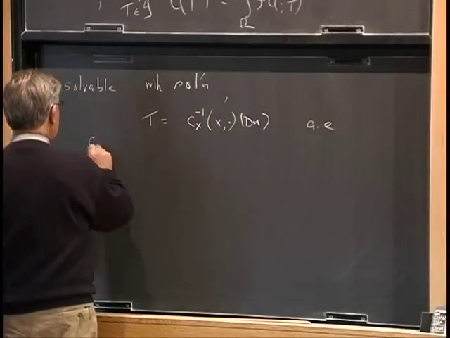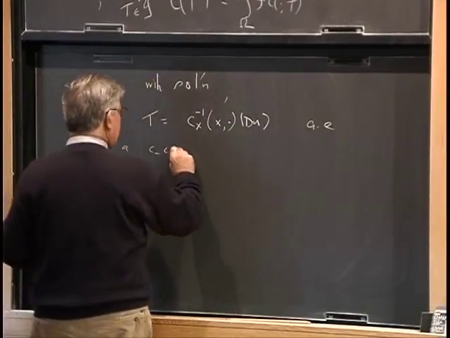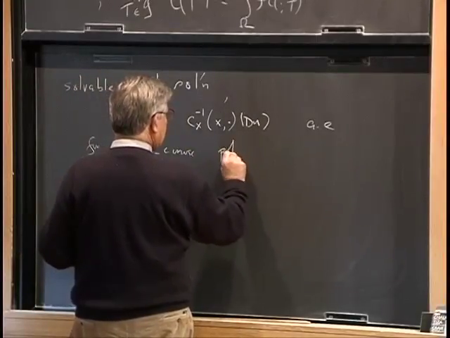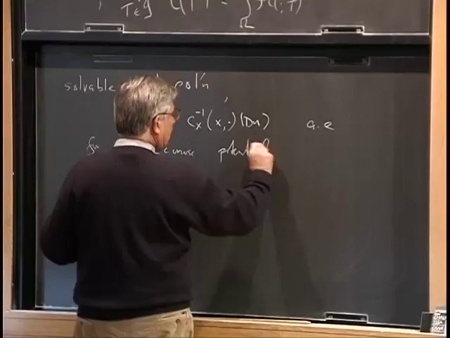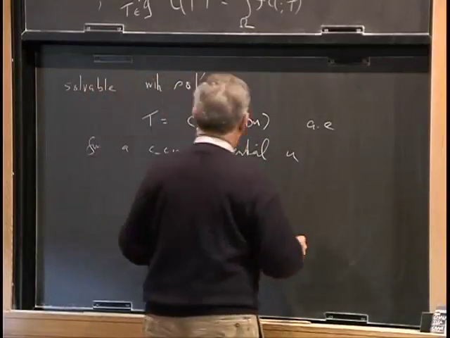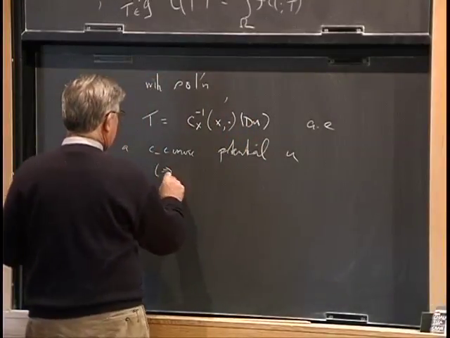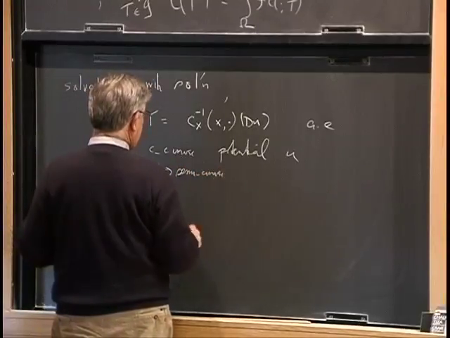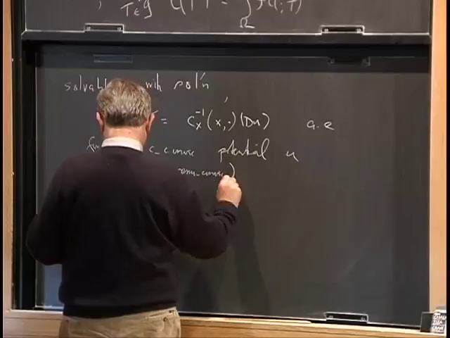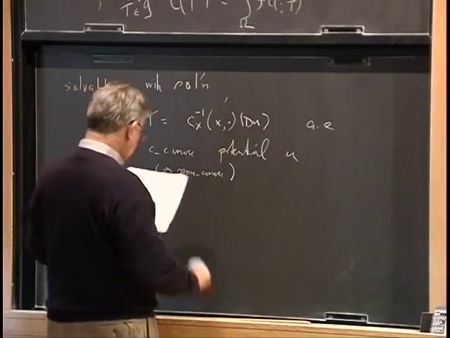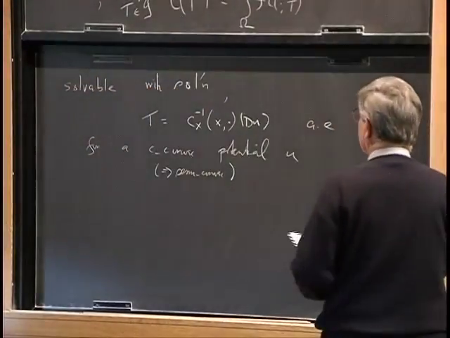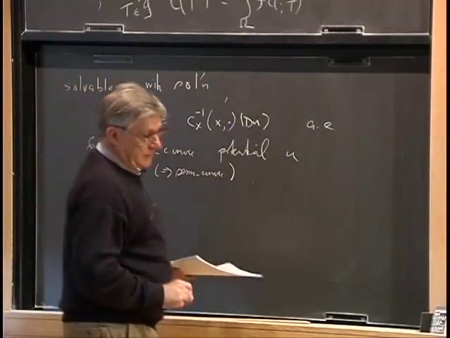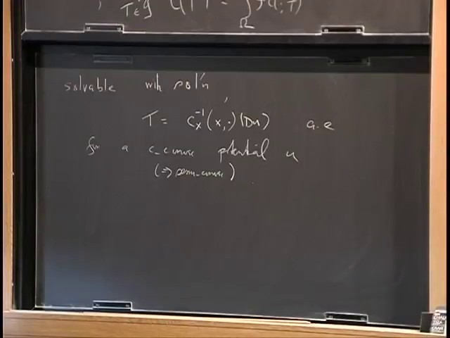And this potential u had the property that it was c-convex, and of course that implied other things, that it was semi-convex, twice differentiable almost everywhere, etc. And I didn't prove this last time, but it's not a bad exercise,